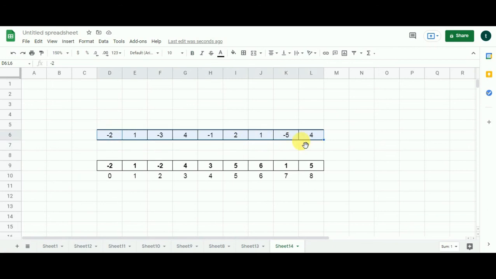Now let's find out the subarray which is giving us the largest sum, 6. To find the contiguous subarray with the largest sum, all you need to do is move to the cell that holds the largest sum and start moving backwards from there. You need to move backwards to the cell that holds the same value as in the corresponding cell of the problem array. In this case, you can observe that this cell holds 4 and the corresponding cell in the problem array also holds 4. So this means that the subarray starts from this cell and ends at the cell that holds the maximum value, which is this one. Finally, the subarray that gives the largest sum will be 4, -1, 2 and 1.